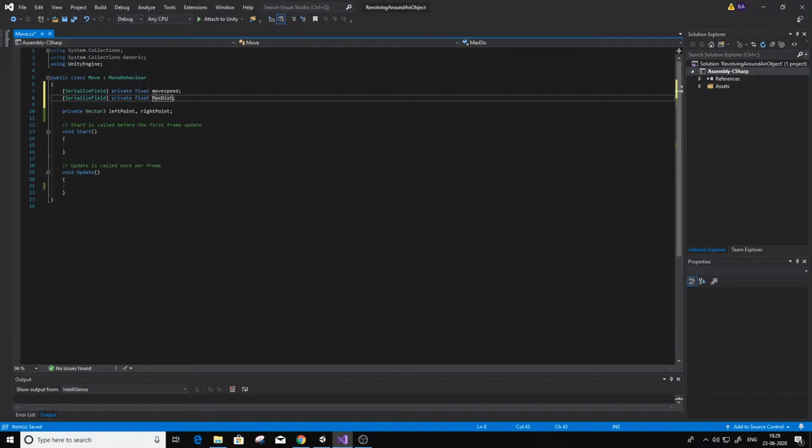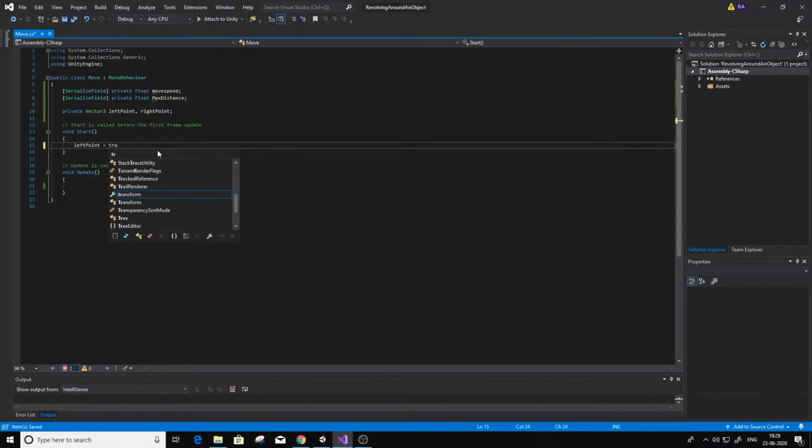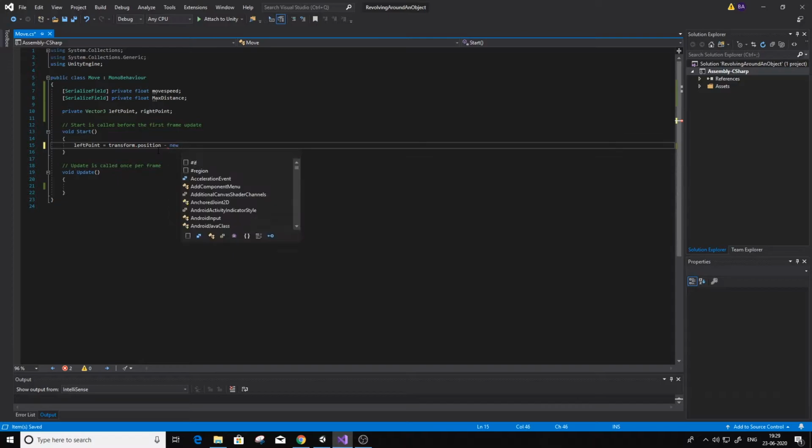So the idea here is that we will be dynamically calculating the distance which the left and right point will be at. So when the game starts, what we'll do is we will calculate the left and the right points. So left point, as the name suggests, will be at the left side of the object. So transform.position minus, the minus or plus doesn't matter.